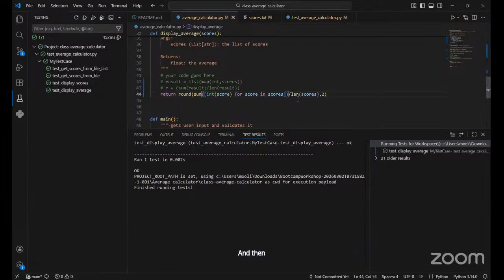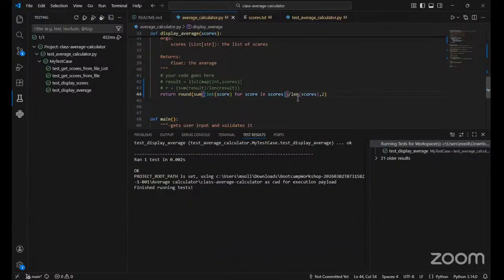After that, I call the sum function, which sums the list. Then I divide the sum by the length of the scores, which gives me the average. And if it's a float, which it most likely will be, I round it and give it 2 decimals.